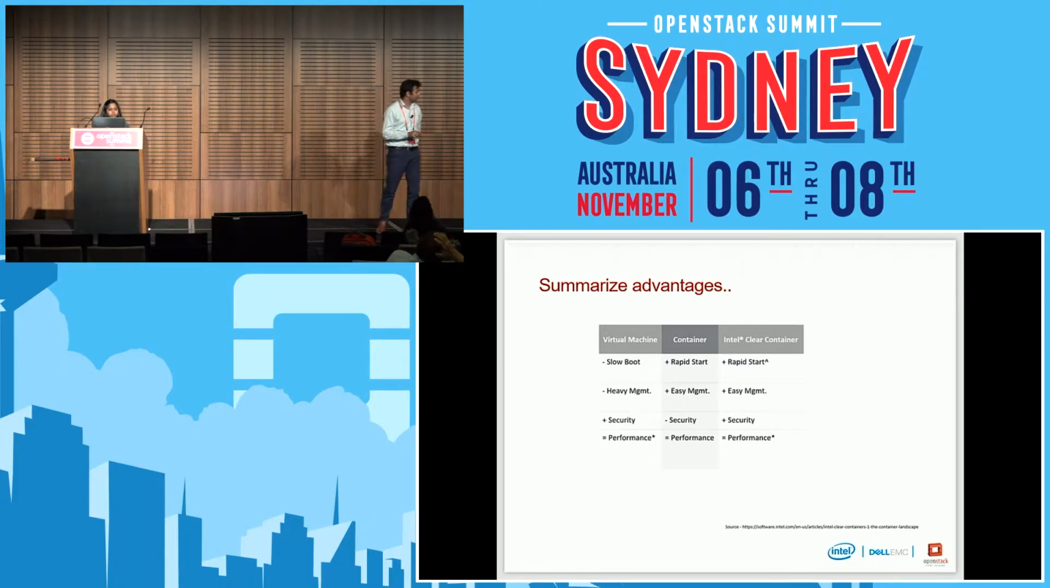So just to summarize on the advantages here, if you see a virtual machine, we have a slow boot problem, and then the management is pretty heavy. We need to use libvirt and other tools, and we have an excellent amount of security measures in that. If you see a container, it's extremely fast in its booting, and it's kind of easy management with Docker kind of tools, but we don't have security. That's the issue here. Of course, we get the performance out of it because we're just sharing the host features